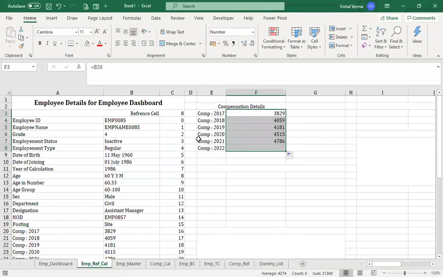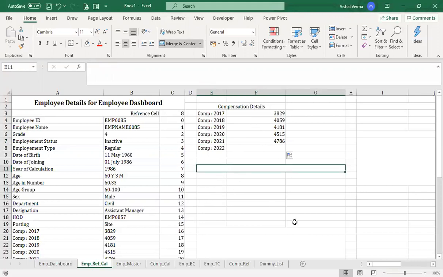Now we see that here we have got compensation 2021 and we have got some information, but 2021 is not there. Why is this data coming? Because we have just put some data to check the functionality of whether our system is working fine for performance appraisal related data. So let's prepare our data for the chart.